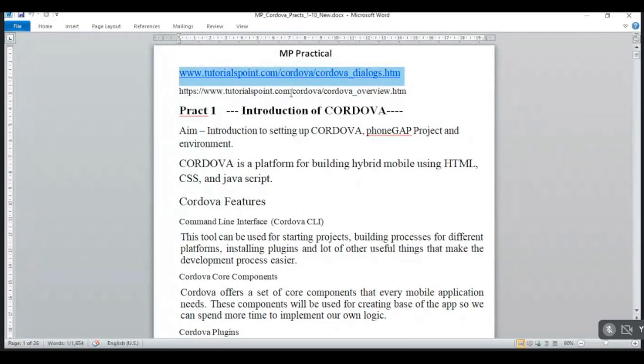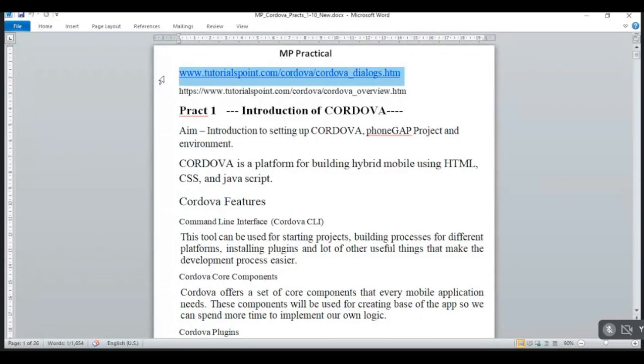This Cordova platform is not possible to install on our PC, as it requires a lot of memory. So we are using these sites. On the site, many practicals are there. I will tell you from time to time how to use this site.